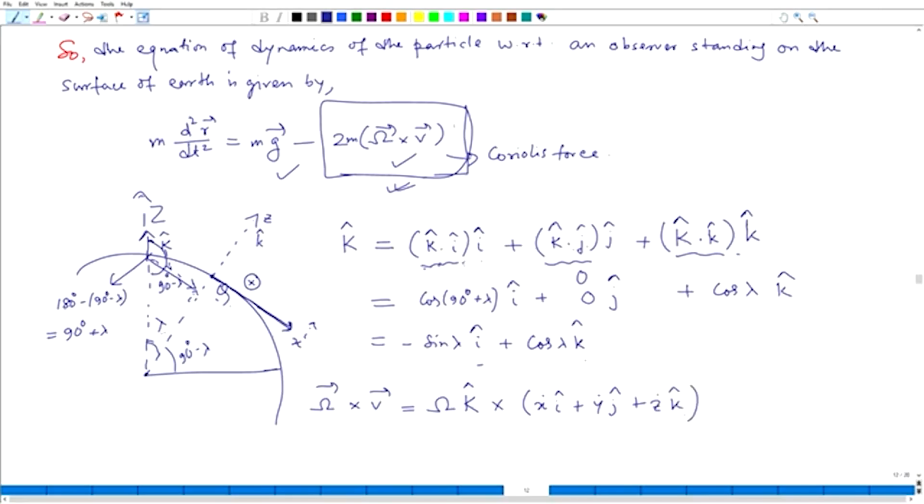So it will be minus omega sin lambda i cap plus omega cos lambda j cap, cross x dot i cap plus y dot j cap plus z dot k cap. You do these calculations carefully, and you will see that